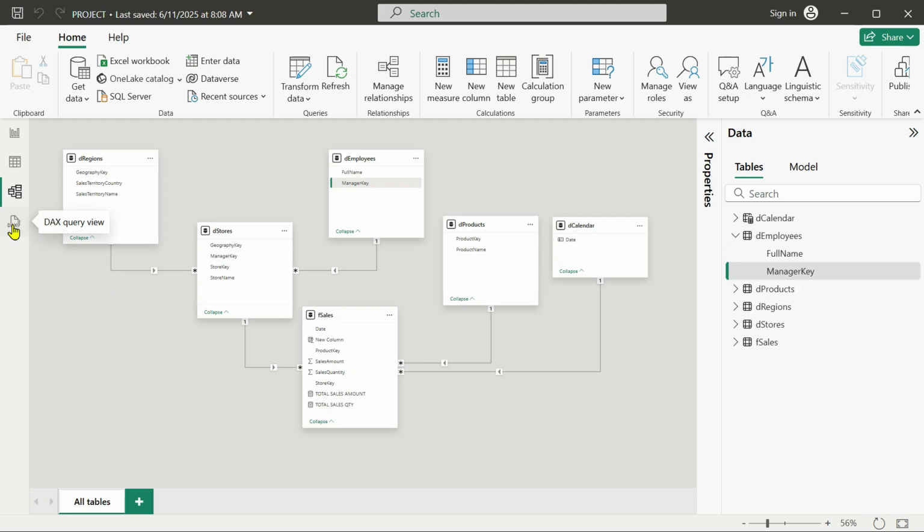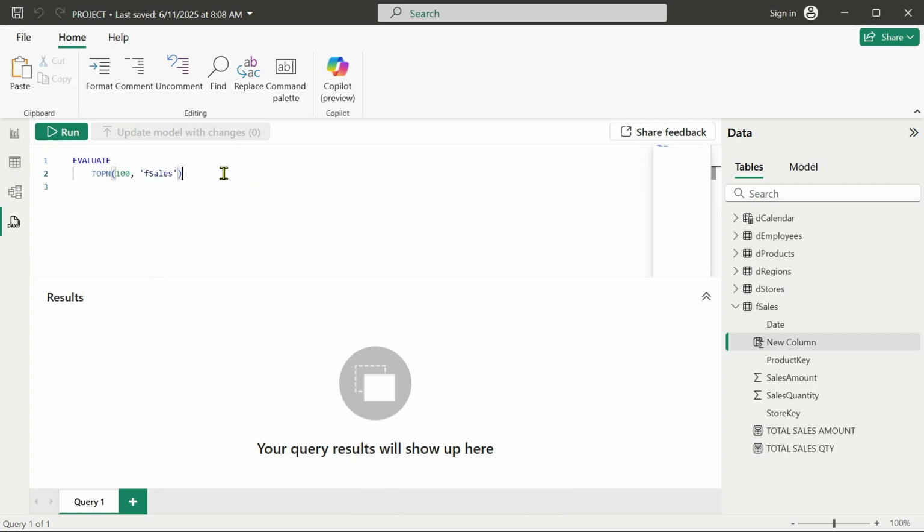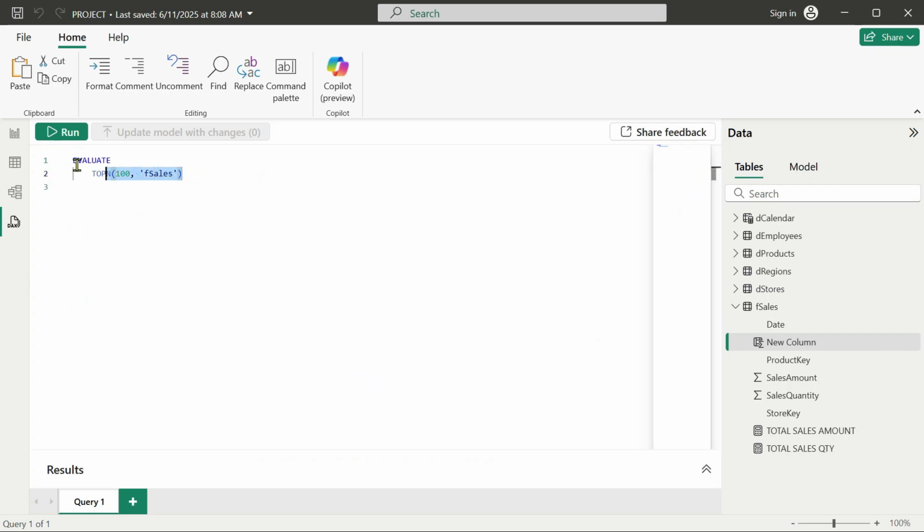And the DAX query view is a way to help you write your DAX code. You don't actually need all of these things here. It's just to help you understand what's going on. This space is actually used for testing DAX scripts. If you're working with tables, especially virtual tables, you can visualize those tables in this view. And again, I don't want you to worry about this. We are going to discuss this view in our DAX function course. I just want you to know that this is an assistance that you have in Power BI.